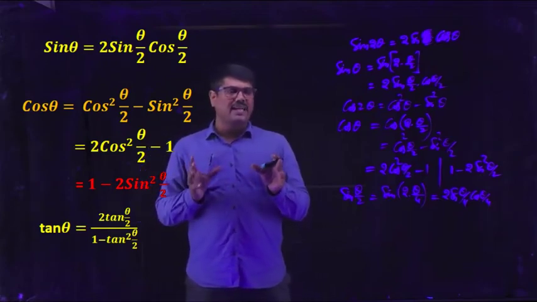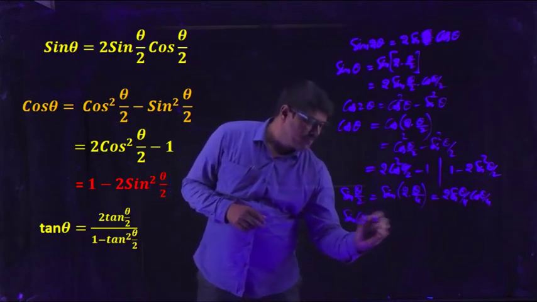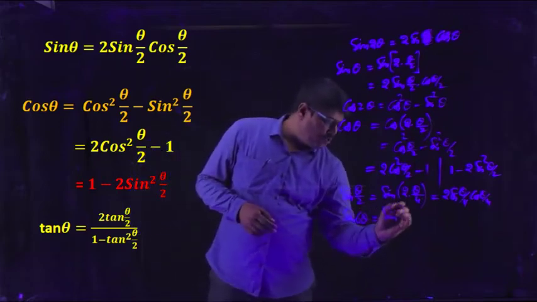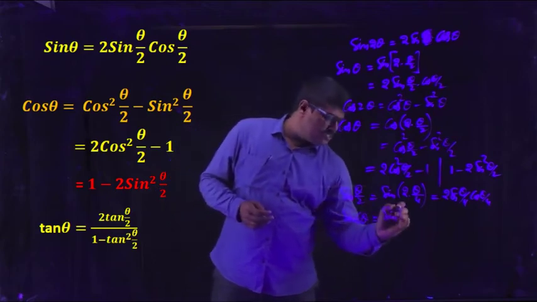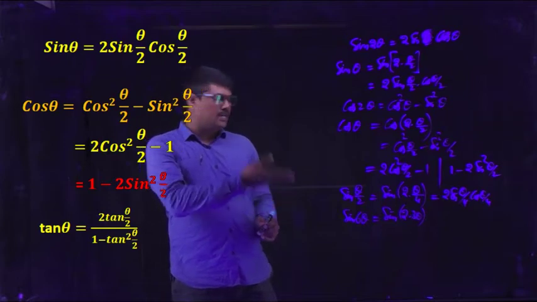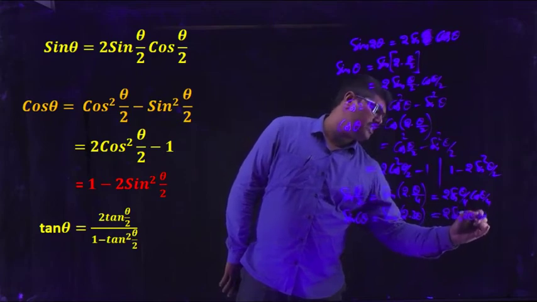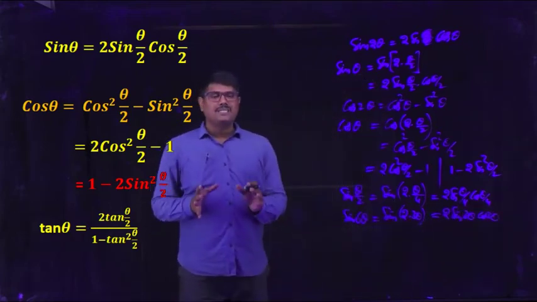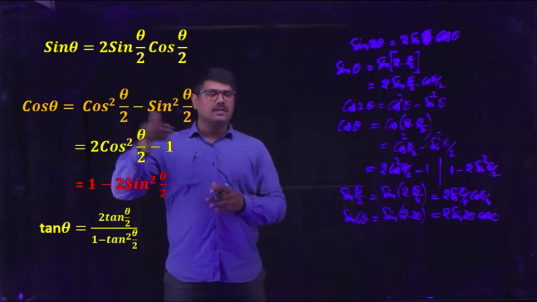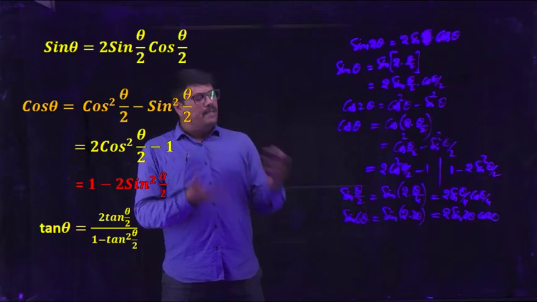Let us think, what is sin 6 theta? How can you split that one, sin 6 theta? If you want to do it in the same format, write 6 theta as 2 into 3 theta. Now again you can read that one as 2 into 3 theta, which is sin 2 theta, so that it will become 2 sin 3 theta cos 3 theta. So here practicing with the format is very important. Instead of memorizing the formula, it is not useful. So you have to practice the formulas and you can do many values like that.